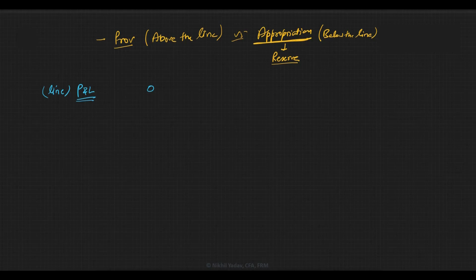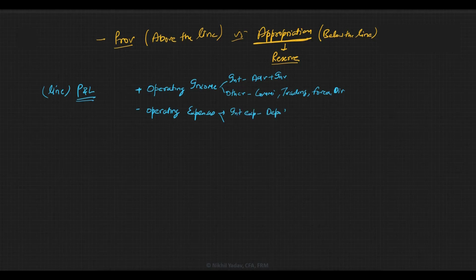So in any P&L, the top line is operating income. That is income from interest. This could be from advances or investments, or other operating income such as commission, exchange, brokerage, a profit on trading in securities, forex income, dividend income. So this is your operating income. Then there are operating expenses such as interest expense on your deposits and borrowing. There could be other operating expenses such as staff expense, rent, insurance, auditor's fee, etc. When you net these two items, you get